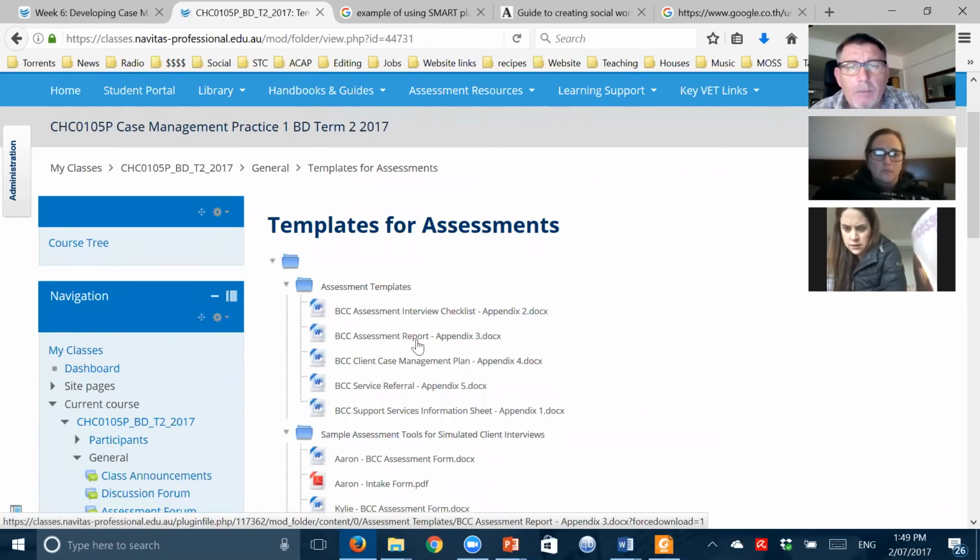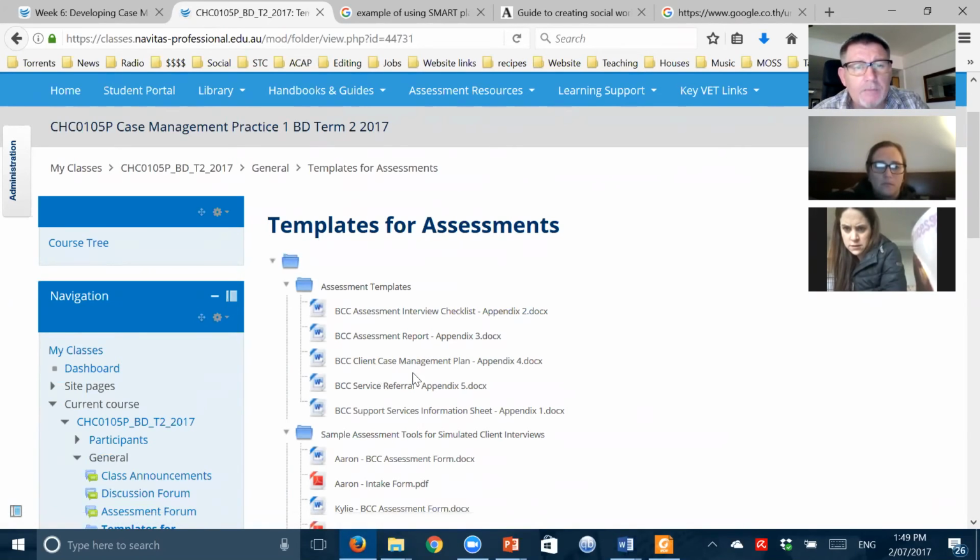The assessment report is assignment 2B. You don't need to take that with you, but it's worth having a look at that. There's the case management plan here, which you don't need. Service referral plan, which will happen much later. This is Appendix 5. And the support service information sheet, which for some reason, Appendix 1 comes at the end.